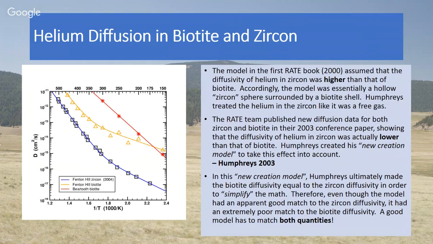And I question that statement fundamentally, because if he means just the helium or just the zircon diffusion data, that's one thing. But since his model has both the zircon and the biotite, you have to consider how well it matches the biotite diffusivity data, and it doesn't match it well at all, because he's assuming that this and that are equal in his model, even though his own data shows it's not. So that's a point.